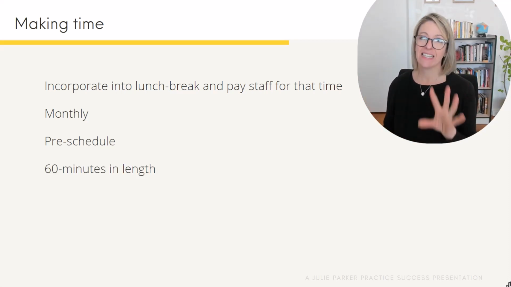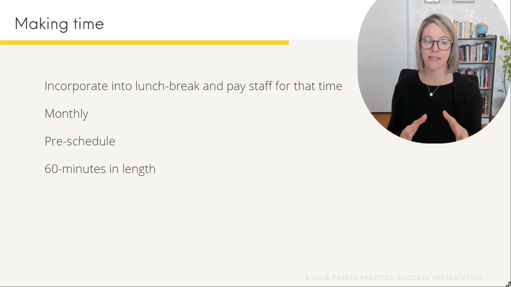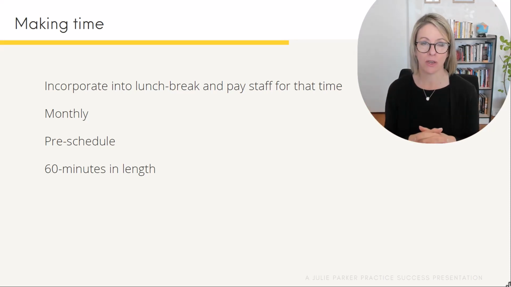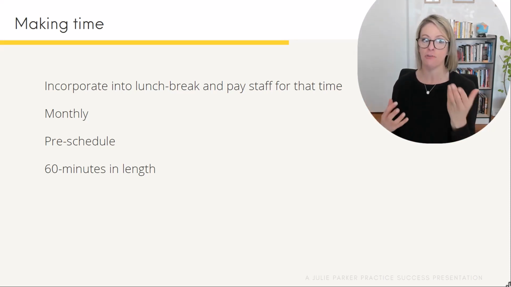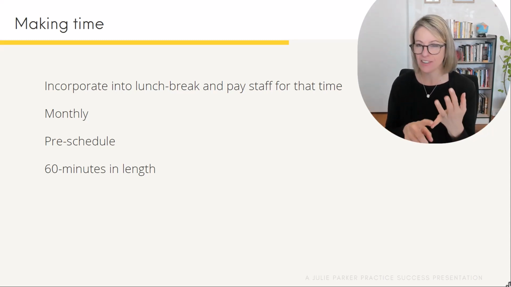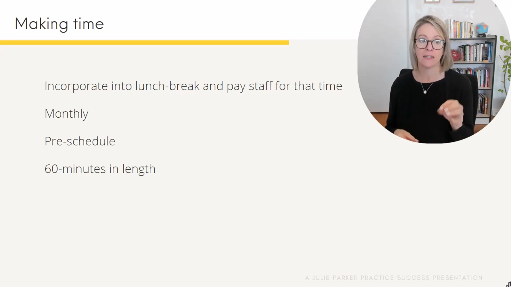Make sure they're at least 60 minutes in length. And there's a couple of reasons around this. 60 minutes is a very good allocation of time to make sure you've got the time to have everyone share what's going on. If you've got a really big team, you may need longer than that. If you've got an ultra small team, just the receptionist, the nurse and the dentist, maybe you want to shorten that time down. But I often find that 60 minutes in length is a really good allocation of time because